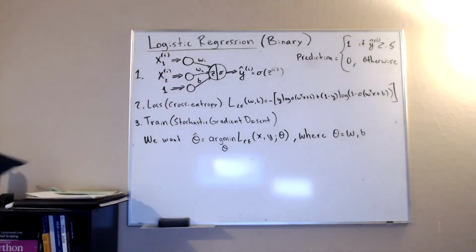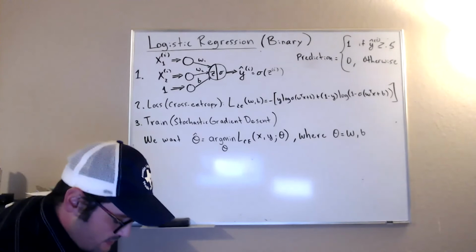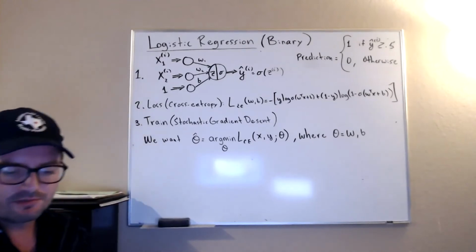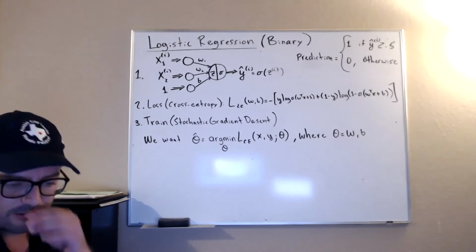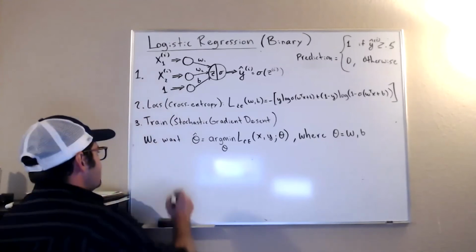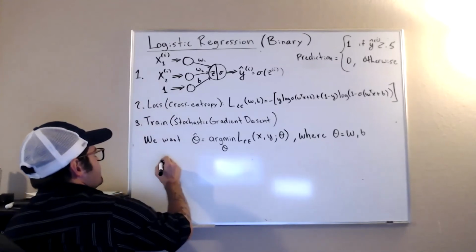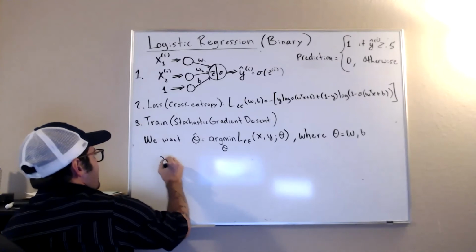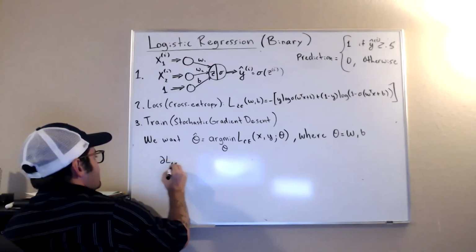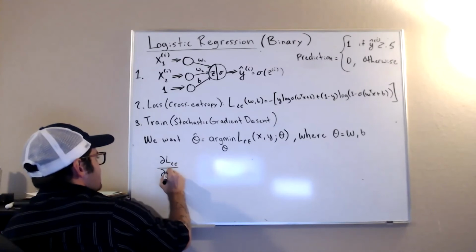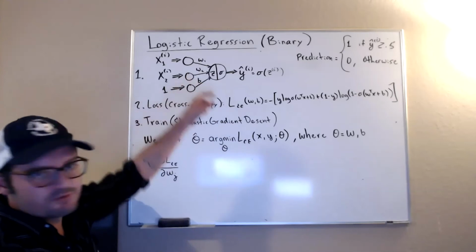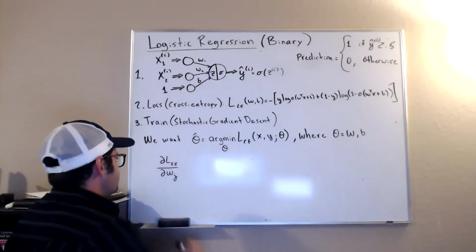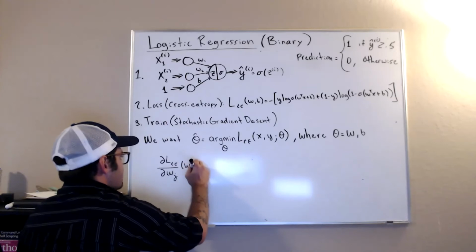Okay. Now we're running out of time. I was hoping that I'd be able to show you the derivation of this, but I guess I'll leave that to you, or maybe I'll just show another video finding this. But if we look at the partial derivative of the cross entropy loss with respect to the j-th component of W, recall W is going to have 2 entries right now, right? For a given W and B,